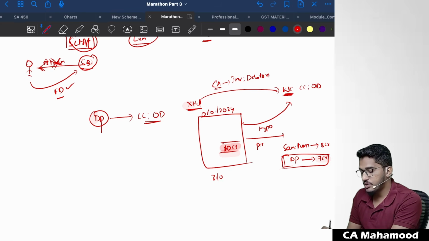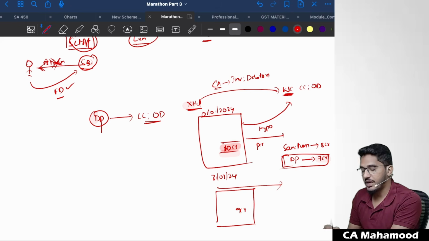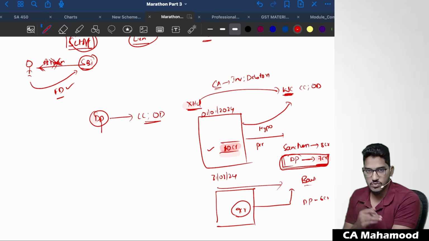For example, on 31st of March 2024, the borrower will submit the stock statement. On that date, he determined the stock value, and he came to know that the stock value was 9 crore rupees only. Now this stock statement will be received by the banker. On the basis of the recent stock statement, he will revise the drawing power. Earlier, at the time of the loan, since the stock value was 10 crore rupees, he gave a drawing power of 7 crore. Now, since the stock amount has fallen, he will reduce the drawing power. Now he will give a drawing power of 6 crore rupees only. He will reduce the drawing power.